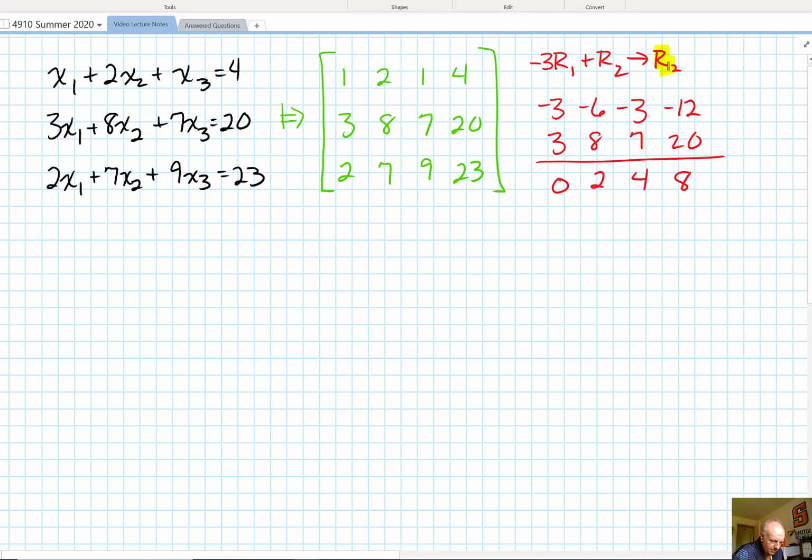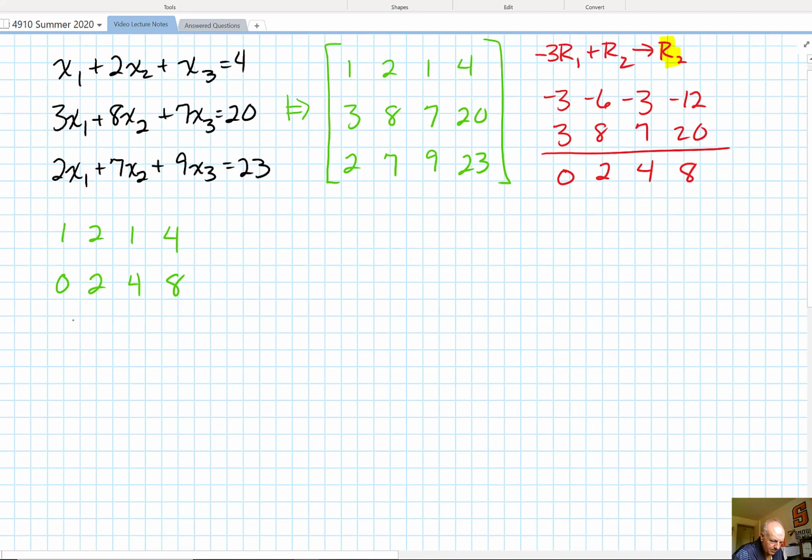Okay. So what we've done is we've created an equivalent matrix. Well, let's write it down. Row 1 is the same: 1, 2, 1, 4. Row 2 is now new: 0, 2, 4, 8. Let me back up for a second. I'll put in row 3 here for a second. First,